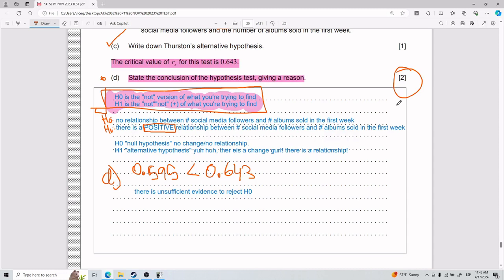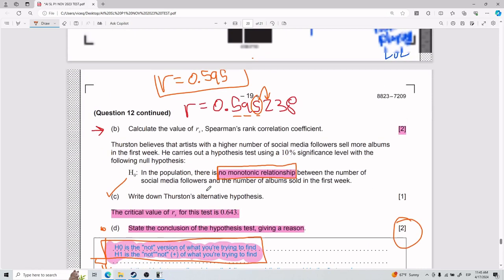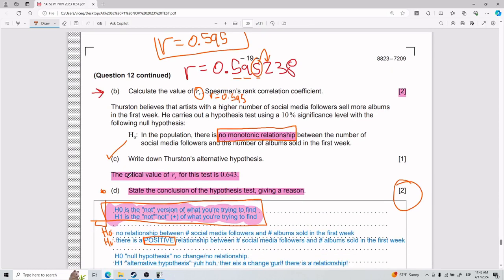But we need to understand a little bit better what is happening, okay? And so you can cut the video off here and say, okay, I can memorize this, nobody cares. Or you can say, I care a little bit, I want to understand what's going on, here I go, okay? So on the one hand, we got a value for RS that was R equals 0.595, all right? And they tell you that the critical value of RS is 0.643.